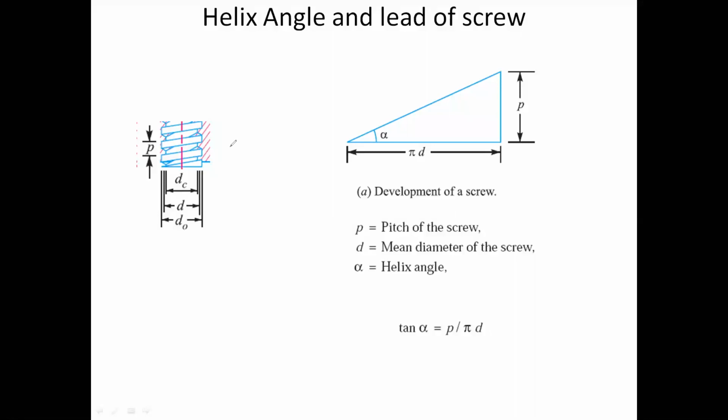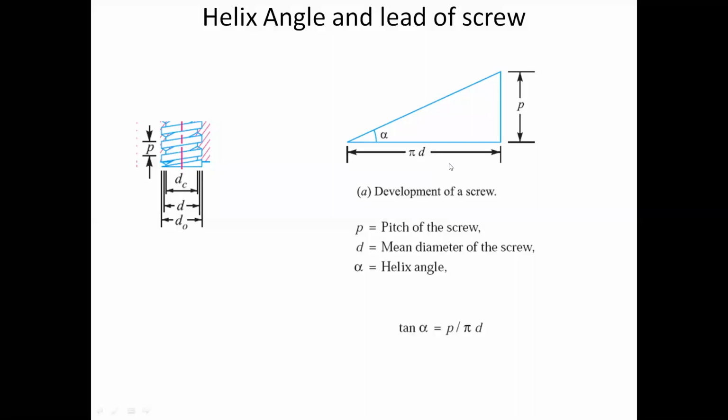Okay. So हम यहाँ पे क्या करेंगे? If I develop one screw, एक thread लेंगे, इसका एक thread पूरा निकालेंगे. तो पूरा निकालने के बाद you'll find one figure like this. You can see this figure. Okay. So what is this figure? Here the figure is a simple thread. So it is having height as a pitch and the perimeter. Okay. If you take one simple thread, then it is having perimeter pi d.